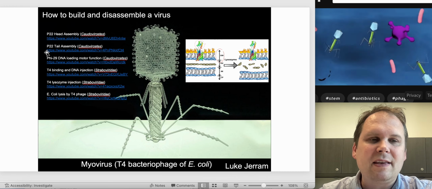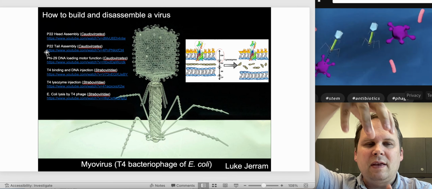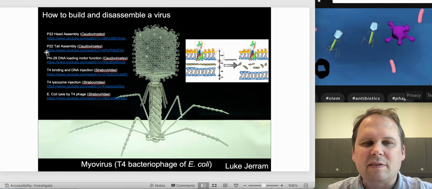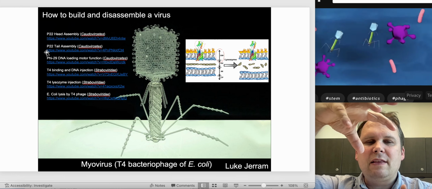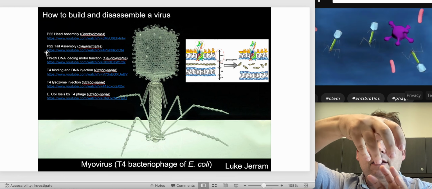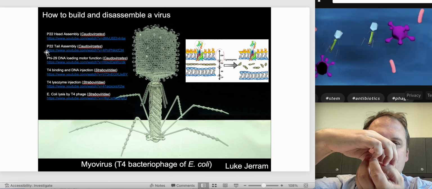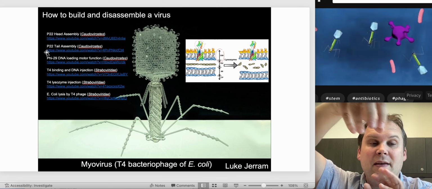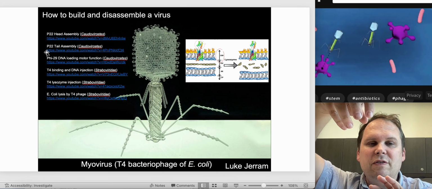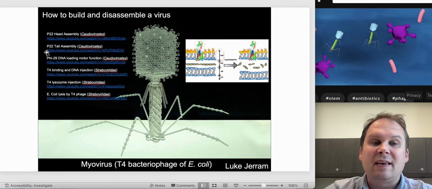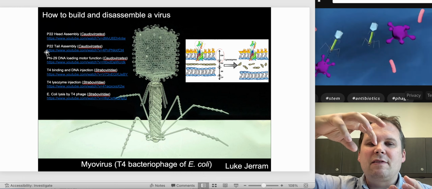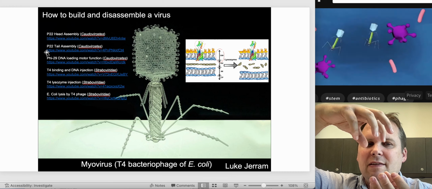While these are happening, the tail part is going to assemble. And so the tail is going to store conformational energy. So it's a long protein, and it could rotate and become a short protein, or it could be like a spring, basically. So the spring can be pulled out, in which case it's going to try to collapse as soon as something changes. There's going to be a triggering event that's going to move the position of some proteins,